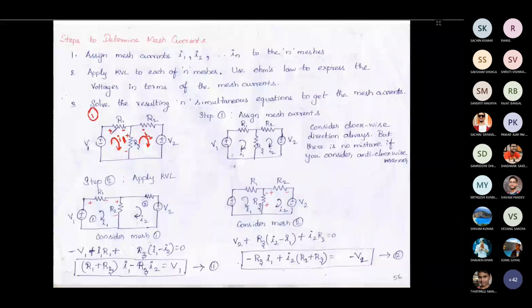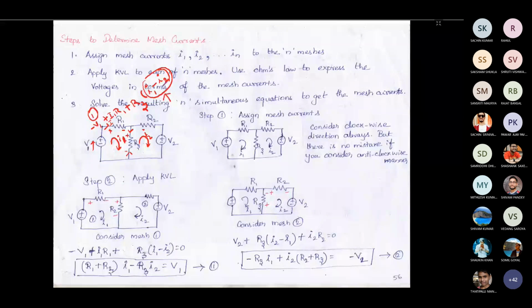So the current is entering here, so we will write it as minus V1, then plus I1 into R1, plus, for this particular branch only I1 is flowing, but for this common branch through this resistor R3, we are having two currents, one from top to bottom and another from bottom to top. So both the current directions are different. Since both the current directions are different, we have to mention it as I1 minus I2, because only one current can flow through that circuit at a single time. So the resultant current will be flowing through that path. In order to represent the resultant current, we have to consider I1 minus I2.